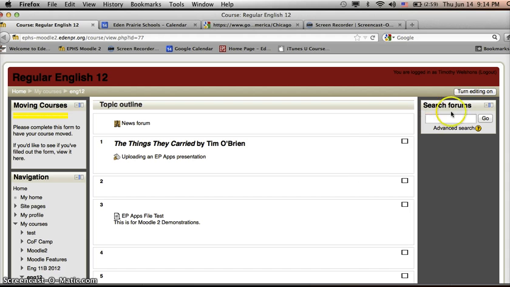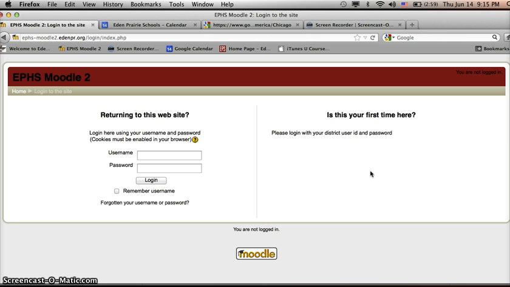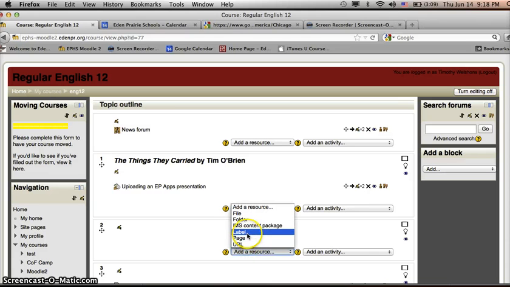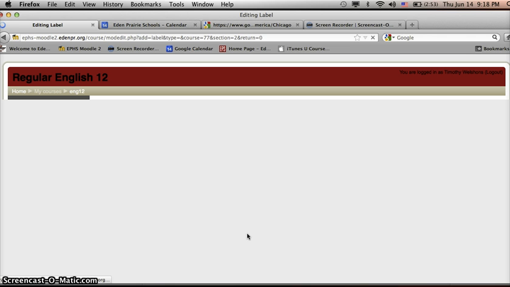But in order to do any of that, I need to turn the editing on, and I'll head over here and do that. With the editing on, you'll find out that I'll be able to add or insert a label. So now I've turned the editing on, and I'm going to add it to this second block. I'll click on Add a Resource. I'm going to click on Add a Label, and I should get a screen that allows me to customize the HTML code. Sounds pretty hard, but actually with the push of a button or two, it's not very difficult at all. So we'll wait for the screen to come up,